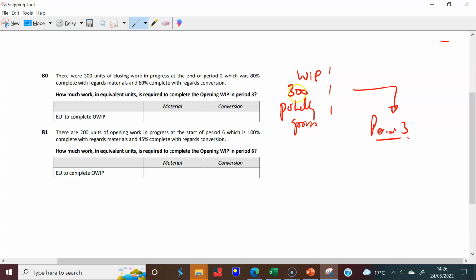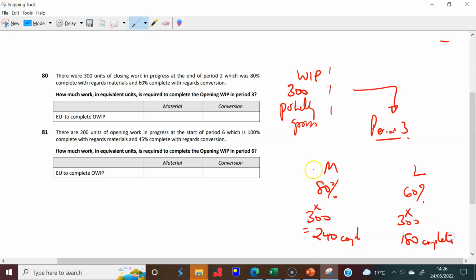we're going to have to finish up. So the question here is, where are we with regards to this work in progress at the end of period 2? Well, it tells us that in terms of material, you are 80% complete in terms of ascertaining what the equivalent unit is, and 60% complete in terms of conversion. So in terms of completeness, you have 80% times those 300 units, which is equal to 240 complete units. That's where you are. And you have 180 complete units as well by the